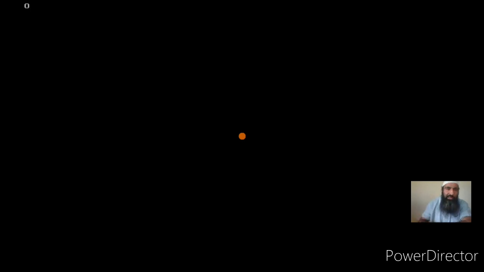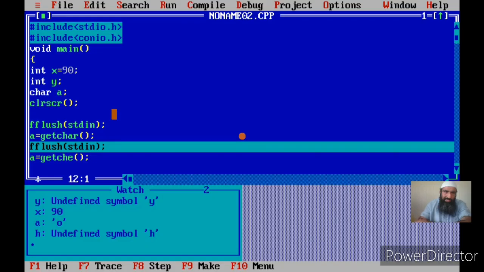The second thing getchar waits for is the enter key. So once you use getchar, it will wait for the input. Once you press the key, it will display that character on the screen, and it will still wait for one more thing, that is the enter key. And once you press the enter key, getchar is terminated.